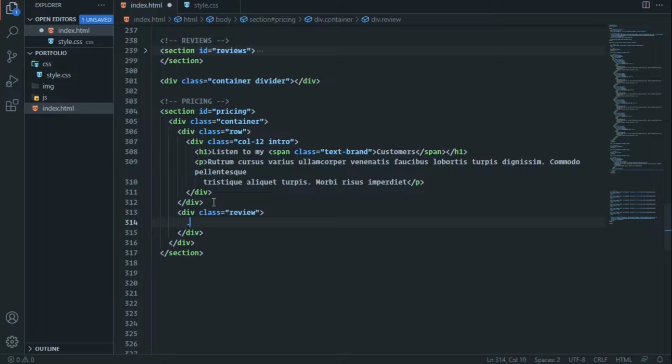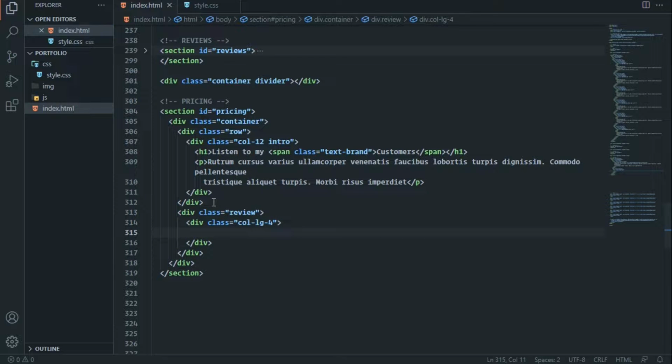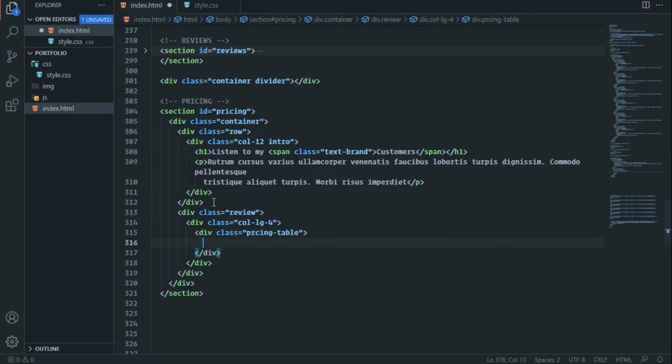This will be review. I'm going to create a column LG4. Okay, this will be pricing table, and I'm going to create another class,